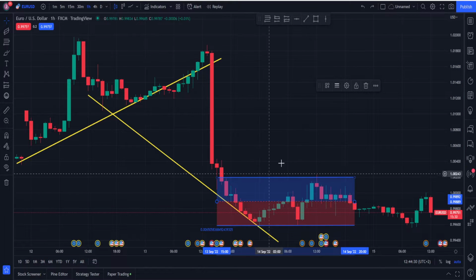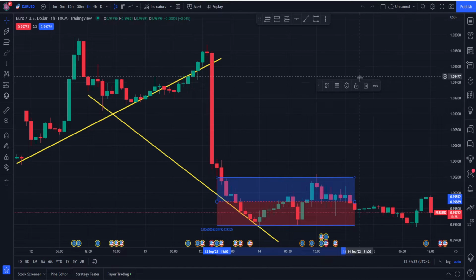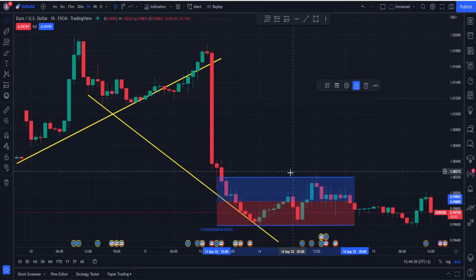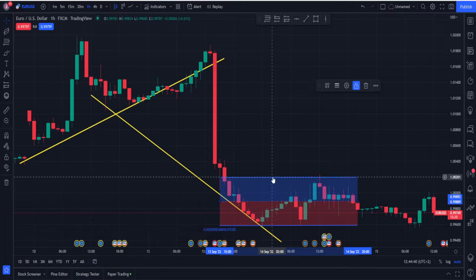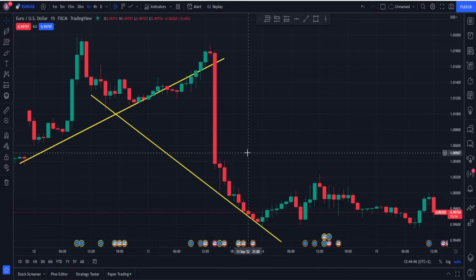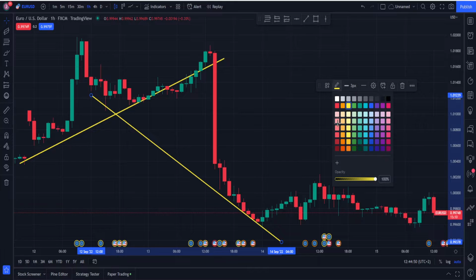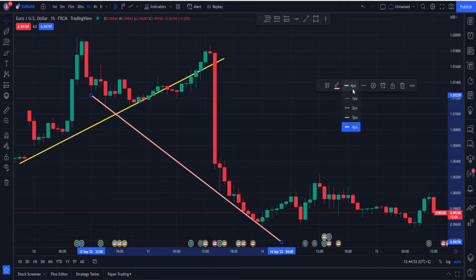but if we take this one first, we will have the ability to delete it, edit some of the settings, or we can lock it to the chart so it can't move or anything. Let's go ahead and delete this by pushing the trash can. Then we can go to the trend line, and here we can see that we can change the color and we can change the thickness,